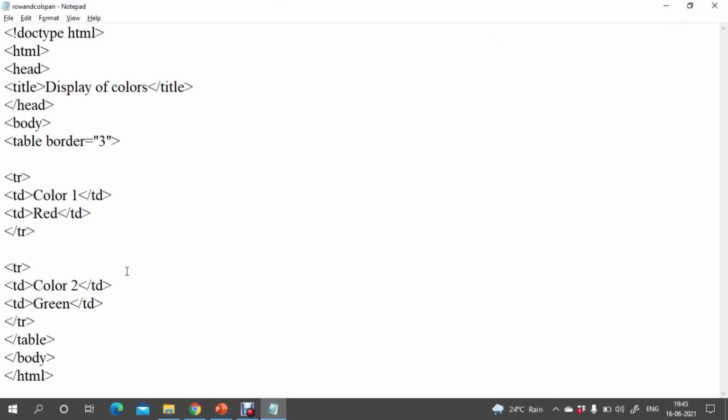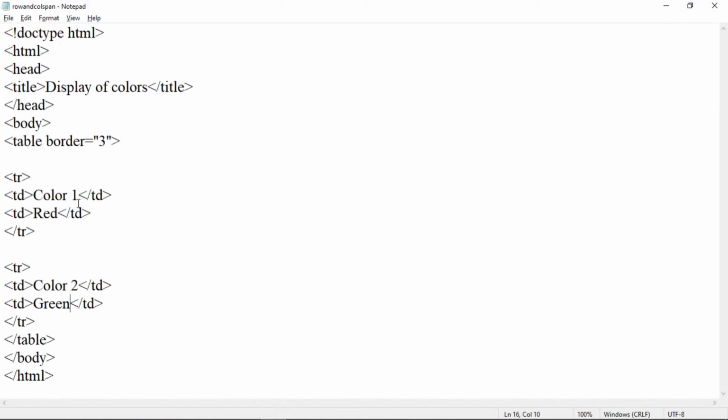We have to use a row span attribute. So see here, if we want to merge this color 1 and color 2 to a color only, then this column is not to be included. So let us delete it. And now within this td itself we have to add a row span attribute. So row span is equal to here how many rows are to be spanned, are to be merged. So 2 rows are to be merged. So add here numbered value, that is 2.